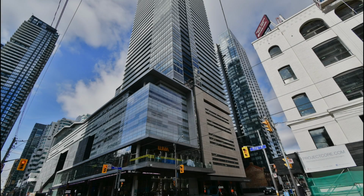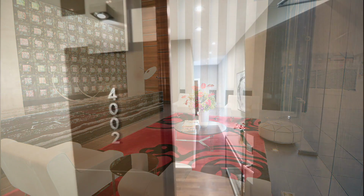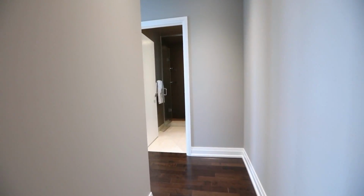Located at the corner of John and King Street West in downtown Toronto, rising above the home of the Toronto International Film Festival, welcome to the Festival Tower Condos at 80 John Street. Totally upgraded, Unit 4002 in this luxury high-rise is a two-bedroom condo with a den showcasing $50,000 in builder upgrades